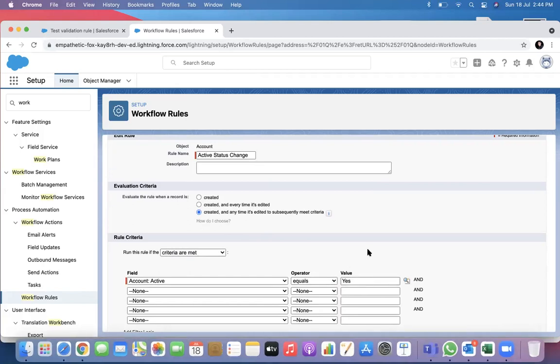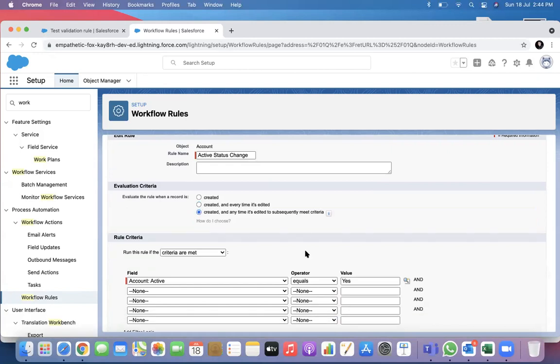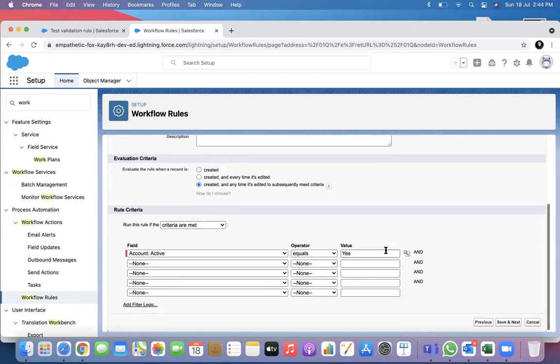If you want that to happen, then you have to choose the other option. But here, if you select this, every time it changes from a no to yes, then only this will fire. That is what is meant by this: any time it is edited to subsequently meet criteria. That means this criteria is fulfilled through change. If that is happening, then only this will fire.